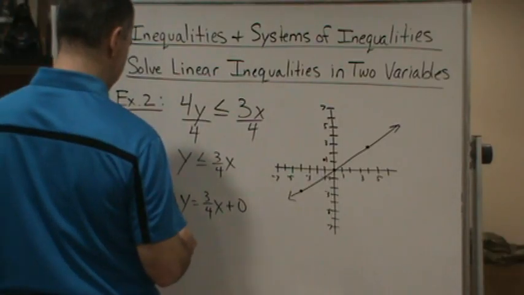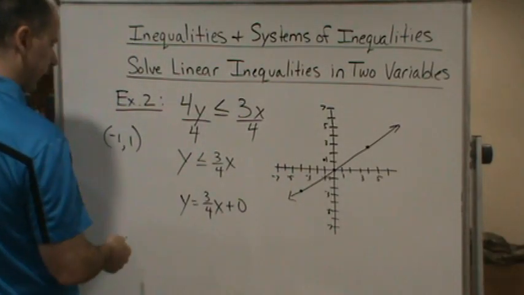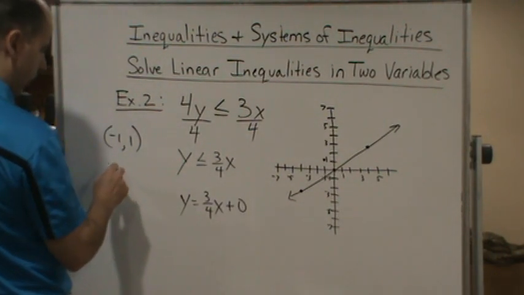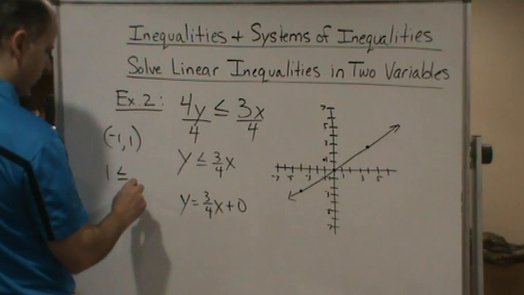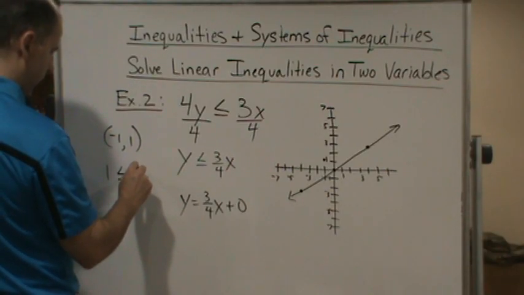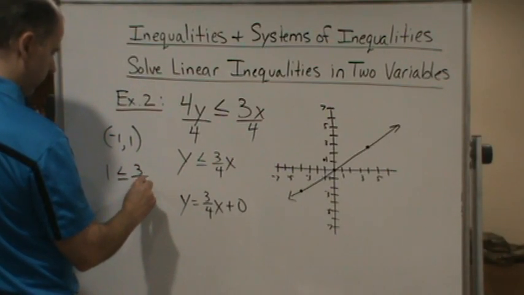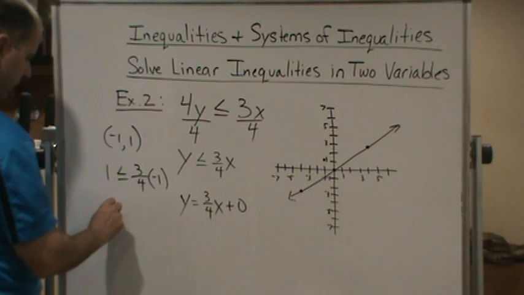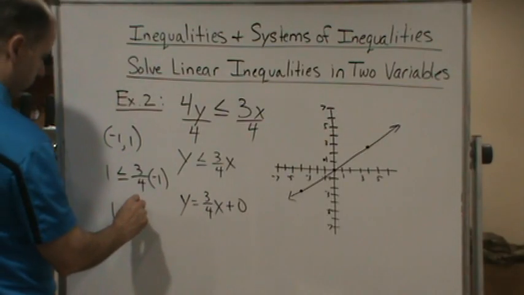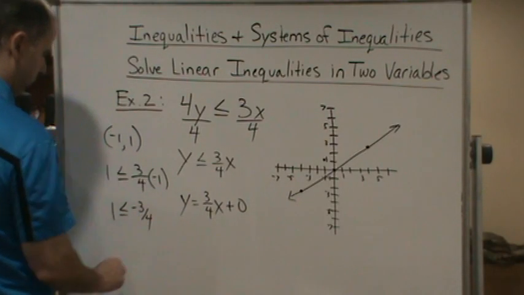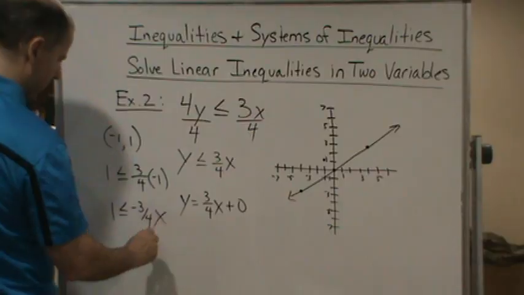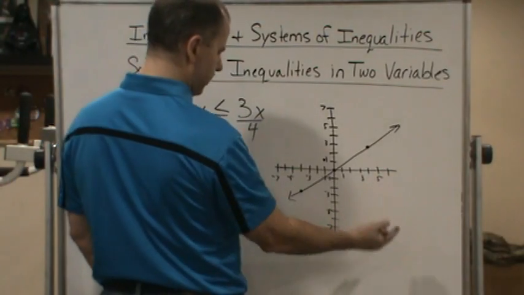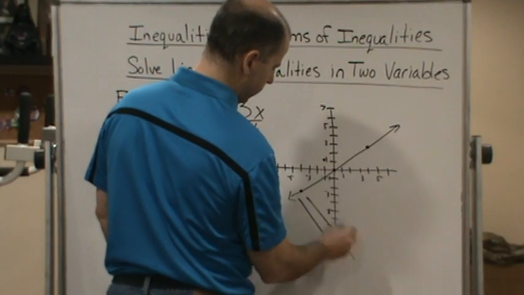Now I'm going to plug that into this inequality. What do I get when I plug in negative 1, 1? I get 1 is less than or equal to 3/4 times negative 1, which tells me that 1 is less than or equal to negative 3/4, which is not true. So that means we're going to shade in the other side, which is exactly what I said we would end up doing